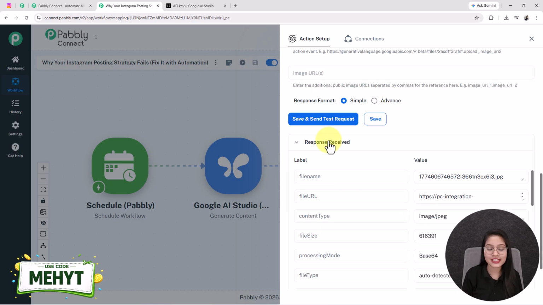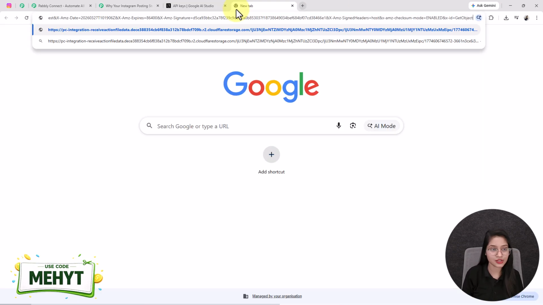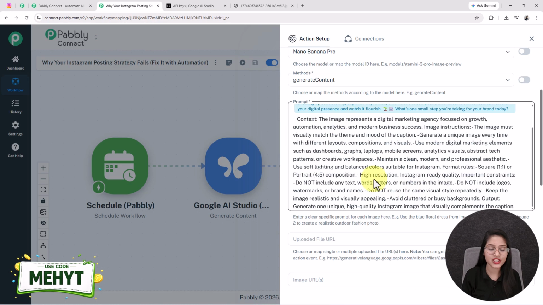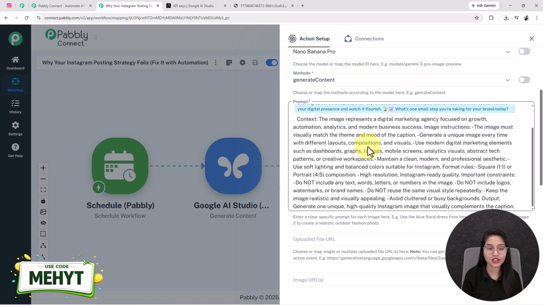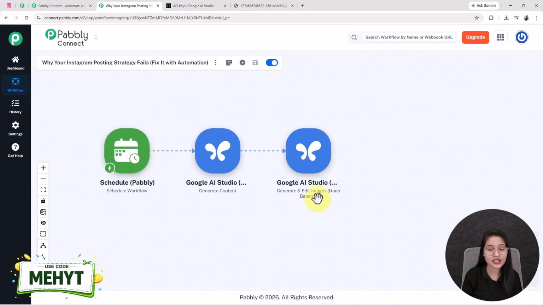See, I have received the positive response and the file URL. So I am copying it and opening it in a new tab. See, this is the image that we have generated with the help of this prompt. So this is how it works. As the image is successfully generated for posting, now I am moving forward to the next application, that is file